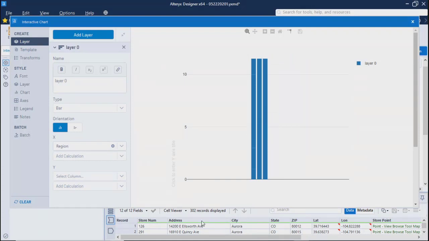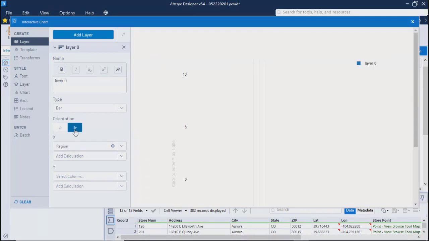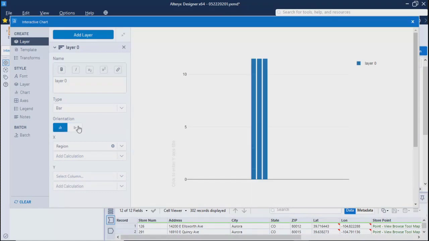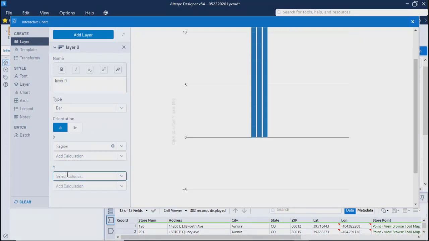Correct? You can show the horizontal bars if you want, or you can take vertical. Whichever you want, that will work over here. The calculation, let's say I'm not adding at this moment. I'll take another axis. Over here, I will take, let's say, do we have any value? Okay. We have not taken any measure.